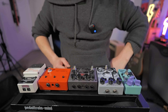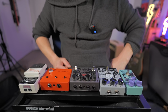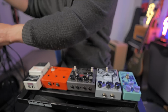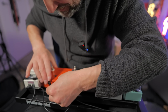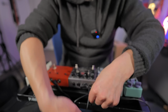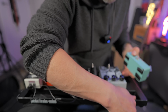I'm almost wondering if I should change this with my smaller pedal. Yeah. You know what? Let's have a look. Before I commit here, I just want to make sure I've got all of this in a way that's looking like it's going to work when it comes to the power. This next one goes under. Yeah, damn. It's